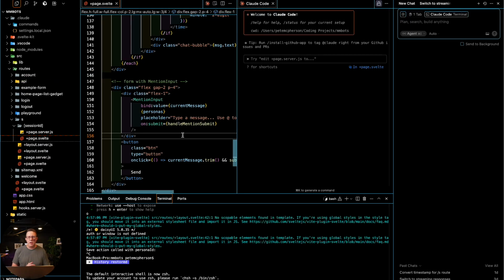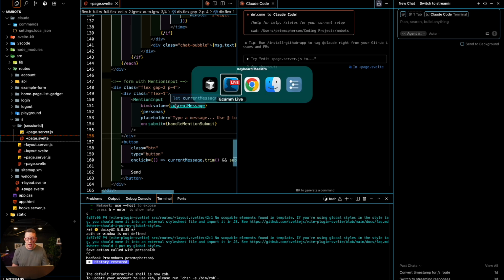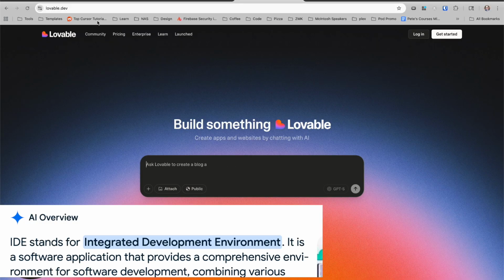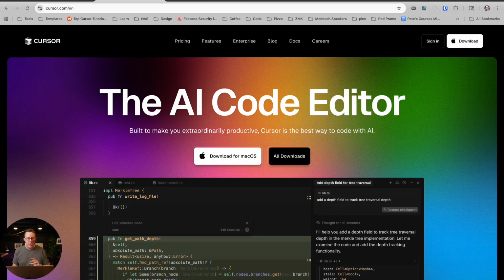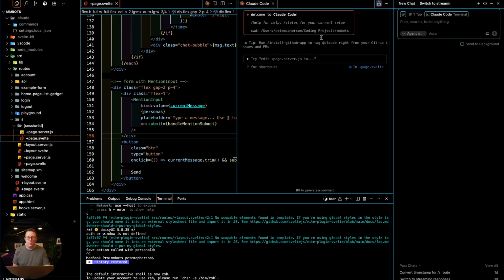Number 1, my code editor of choice is Cursor, an IDE, if you will, Integrated Development Enterprise, Excelsior, I don't know, and I don't care. I really like Cursor. I've tried Lovable, I've tried Windsurf, also very good by the way. I love Windsurf. VS Code plus Copilot, I've also tried Claude Code, I'm going to talk about in a moment, because I use that too.